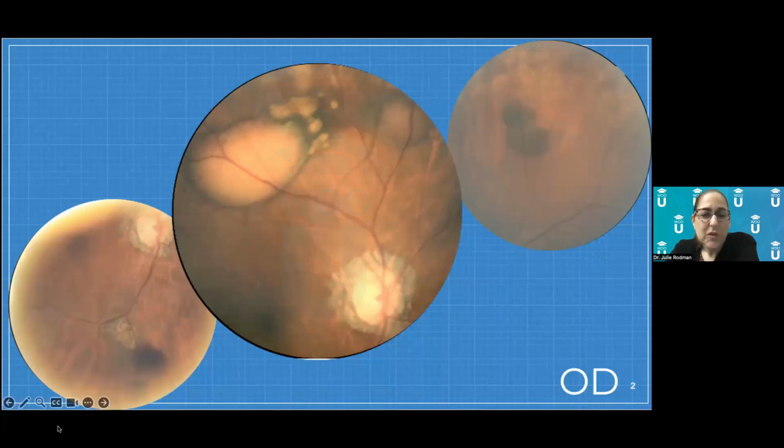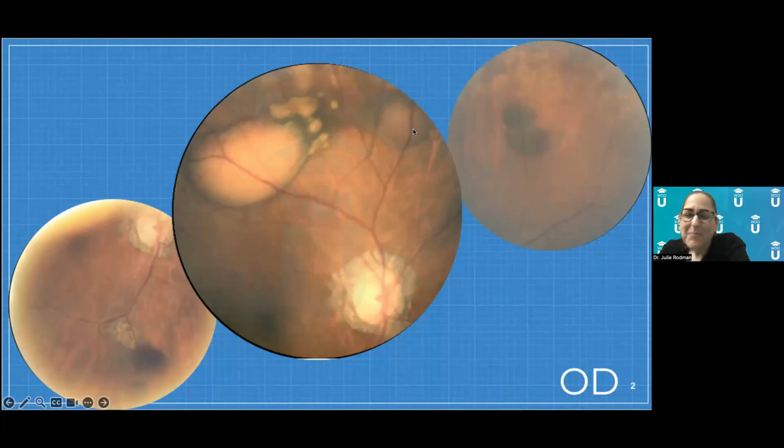So this one looks almost like a maroonish color, which makes me think it's subretinal or maybe even at the level of the RPE. And you can see that adjacent to it, it looks like there's almost like an old scar there. So there's something making me think, okay, there's new stuff, there's old stuff, and then all these lesions, and then up here, another bleed, which looks, again, almost greenish. So lots of stuff going on.